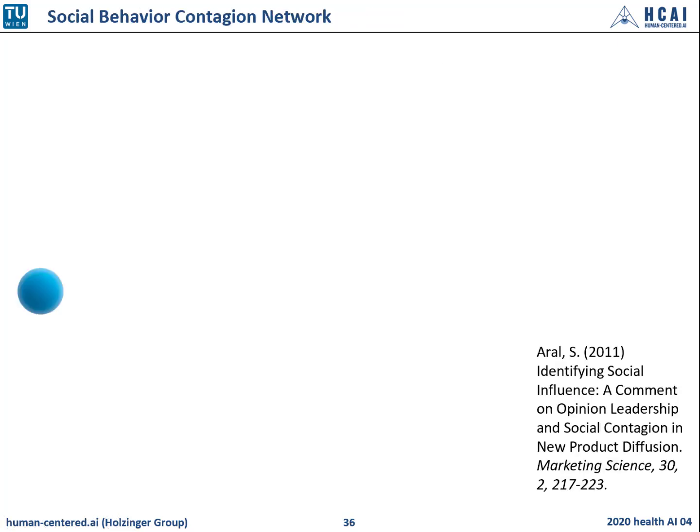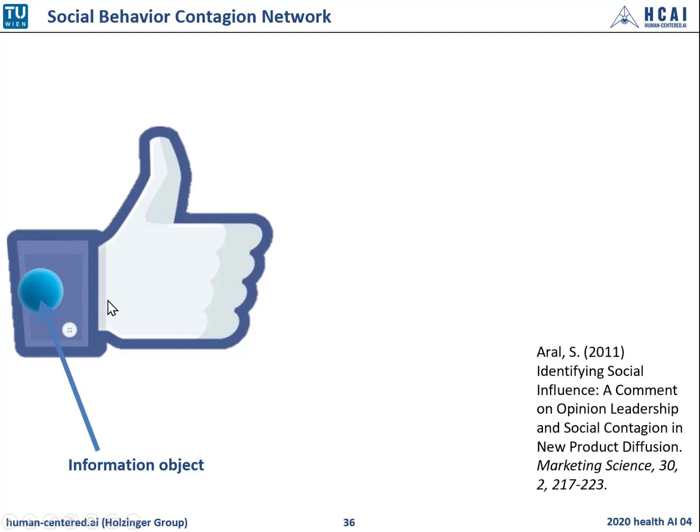Yeah, the final example in this slide shows the principle of viral marketing. So the idea is to spread indirect messages, which in return suggest spreading them further. So for example, here you have an information object. This blue ball here should be an information object. And then you press the like button, for example, in Facebook or whatever. And a similar process starts, similar to an epidemic in public health, so similar to contagious, yeah.